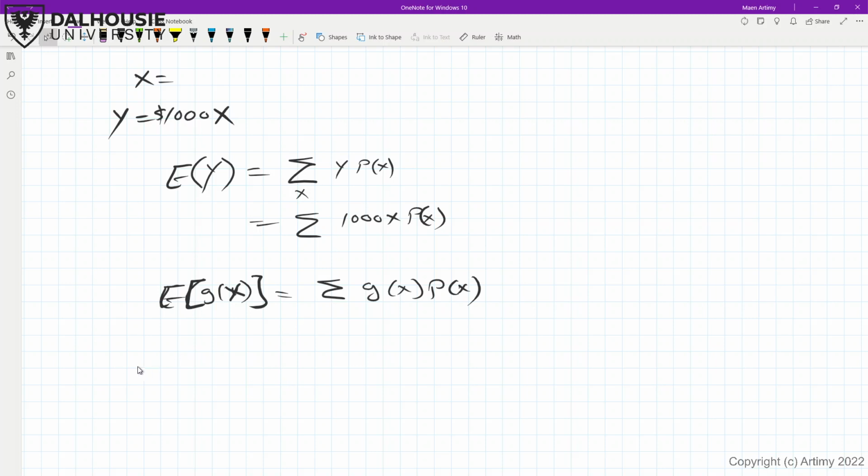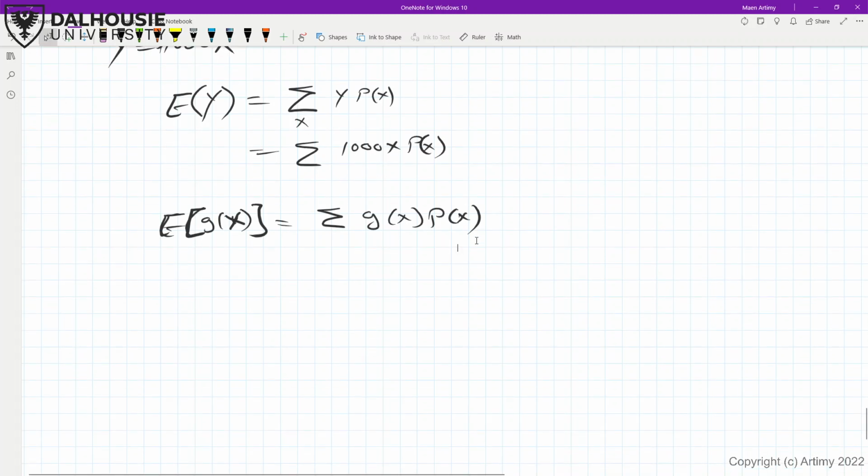All right, there is an easy way. The g of x, or the function of x, can be anything. It can be something simple like multiplying a constant, or it can be more complicated. Right? If it's something simple,